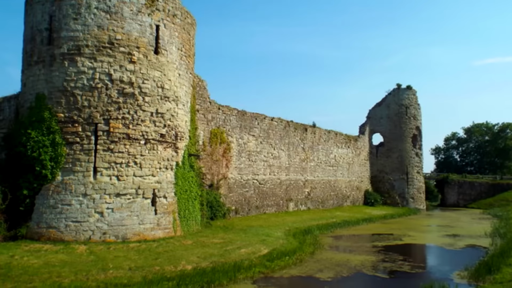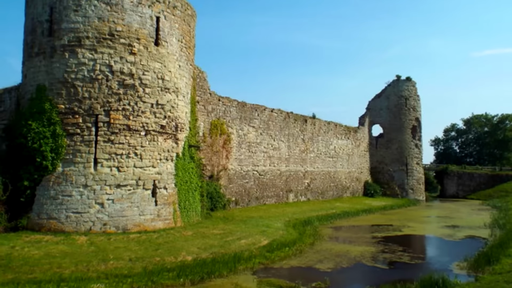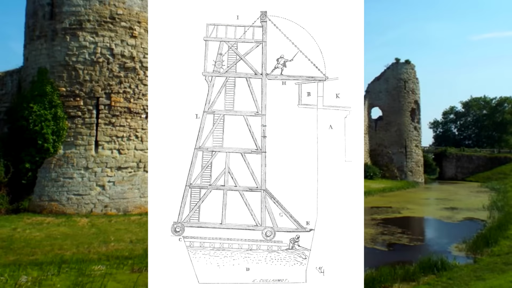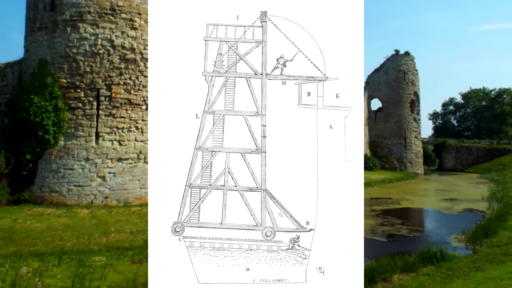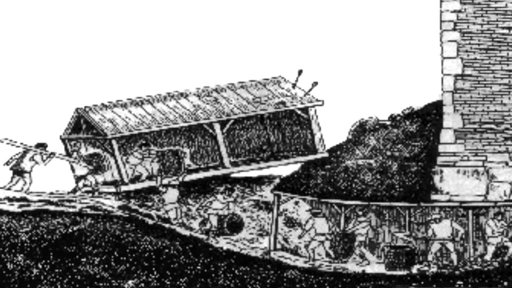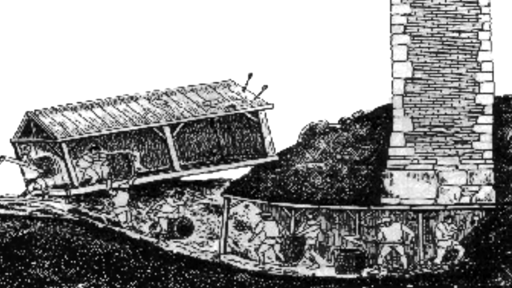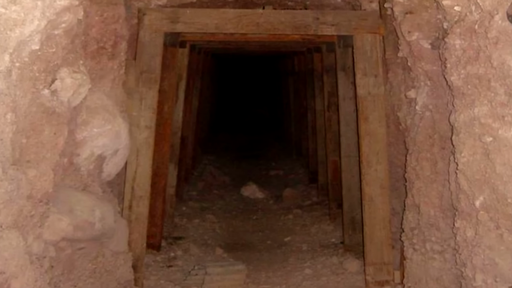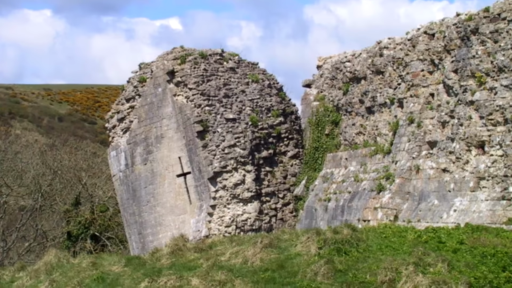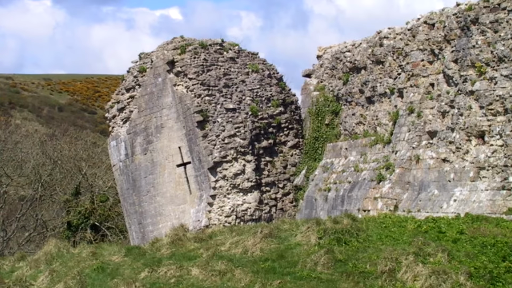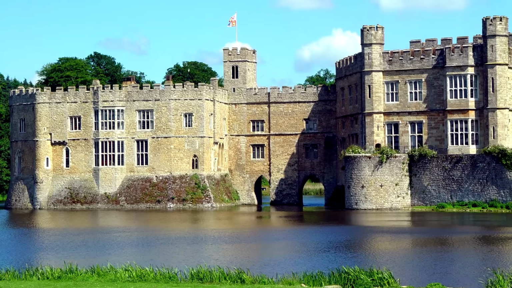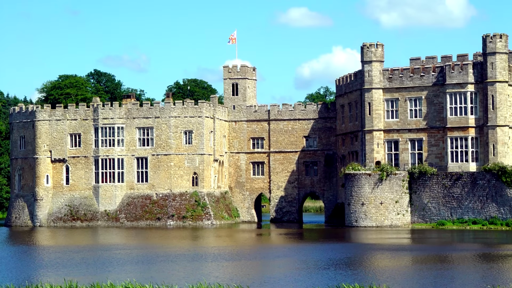A moat made access to the walls difficult for siege weapons, such as siege towers or battering rams, which would have needed to be brought up against the wall to be effective. And other siege tactics, such as the practice of undermining, so that means digging tunnels under the castle walls in order to cause them to collapse, was made very difficult as well when there was a moat, especially if it was filled with water. Now I will go over how the moat as a feature developed.